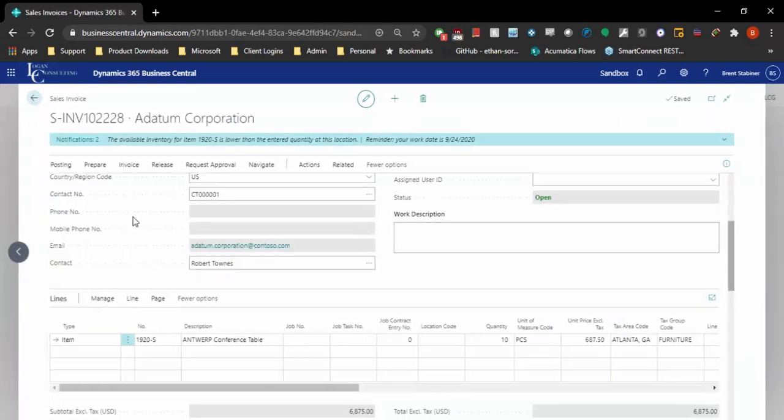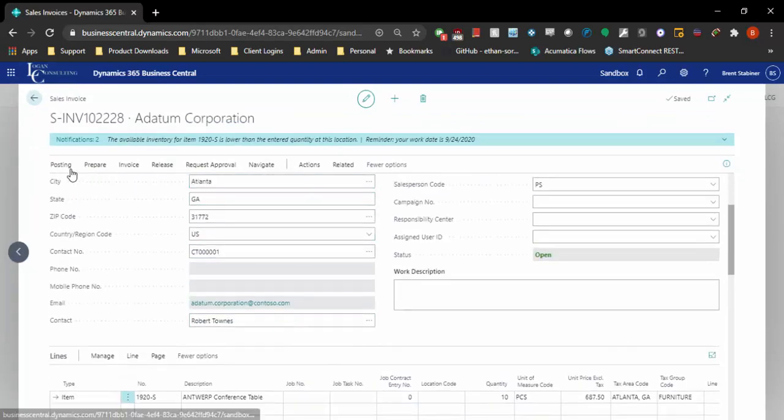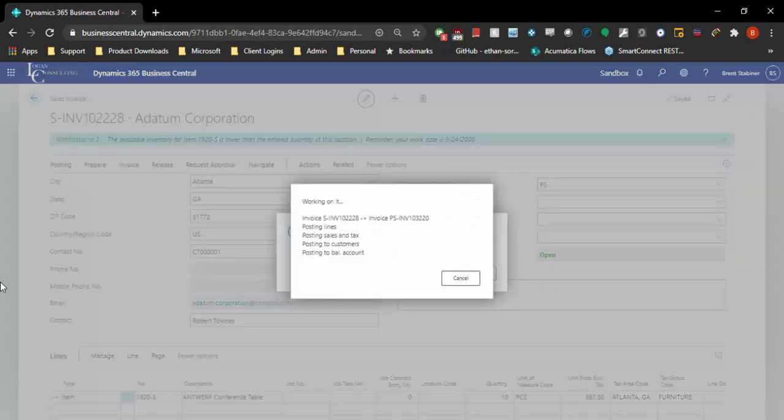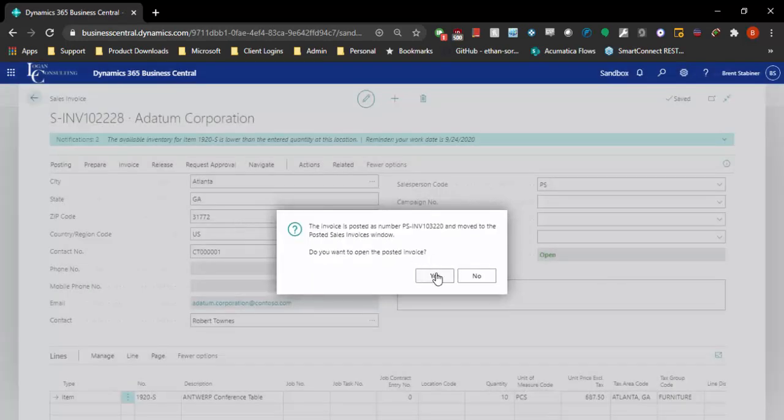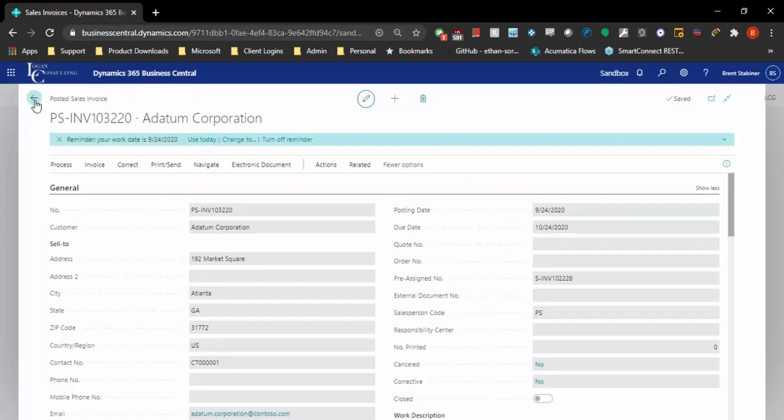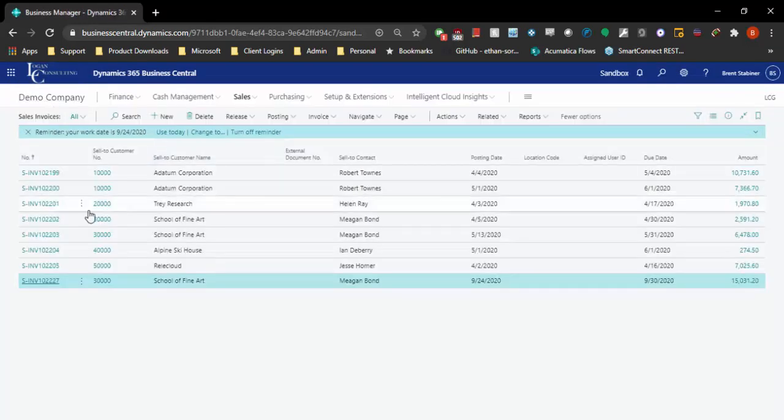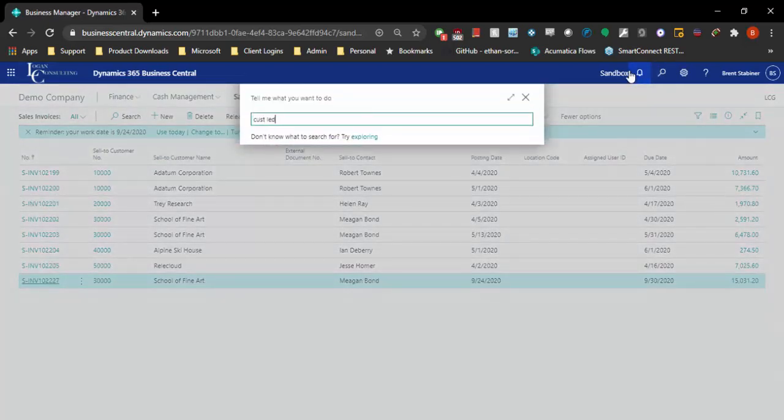So that's a way you can review what's going to happen before you post it. But I'm going to go ahead and post this here, so we have an open invoice. And then it moves as a posted sales invoice, so you can always come back to this and review it at any time. So if I go to my customer ledger entries,